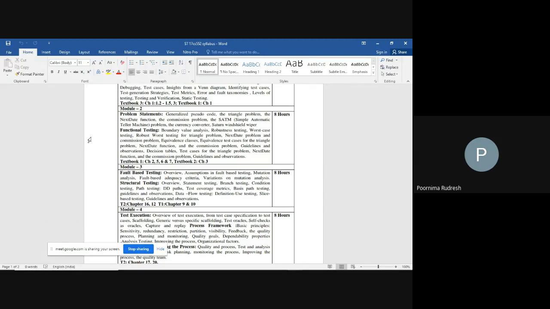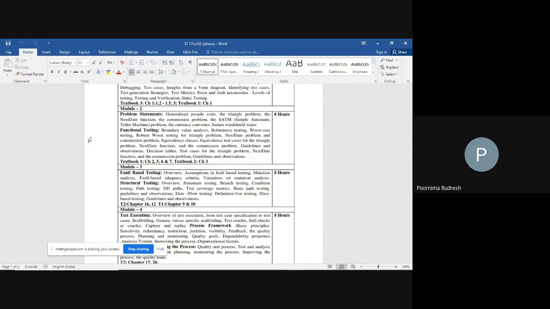There we are performing the different testing actions, then you are obtaining the solutions. First you're going to study those examples and identify what the faults or mistakes are, and to find them we are going to employ different test cases, then finally you will come to the conclusion. So those things you are going to study in the problem statement. Problem statements means there we are considering different examples for testing purposes.